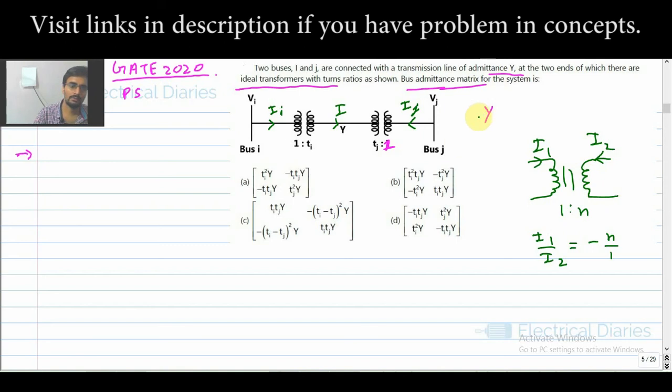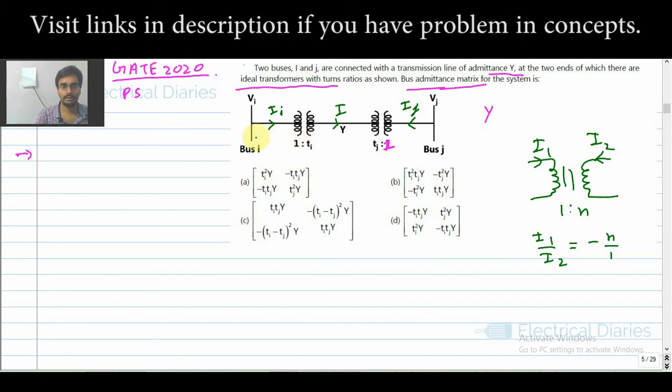Okay, so from where I get the idea that it is a question of two-port network, because he has asked for a bus admittance matrix. Okay, so that is why. Okay, so I am just playing. See, I am not very much sure right now, but I will try to solve it in this fashion, and let's hope I could match one of the answers. Okay, so always remember your objective is to solve questions. Okay, so let us start with this.